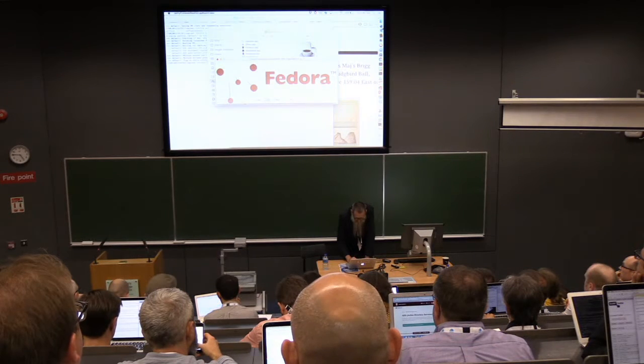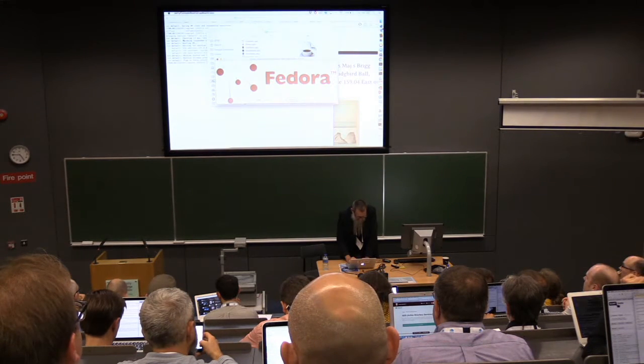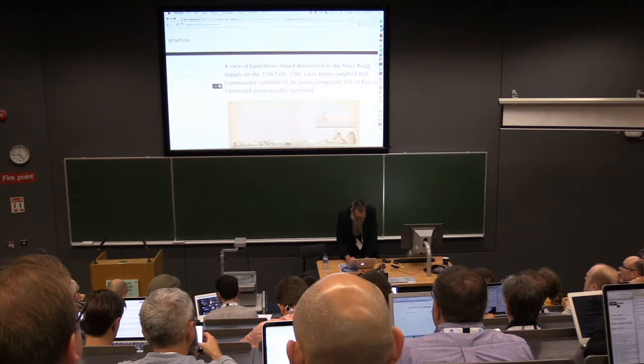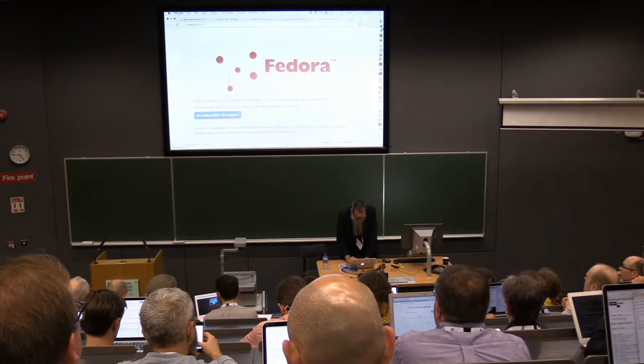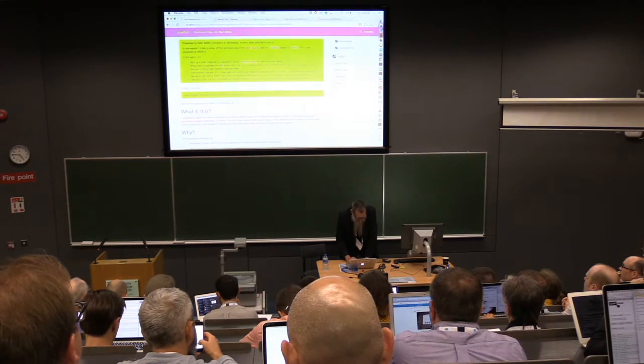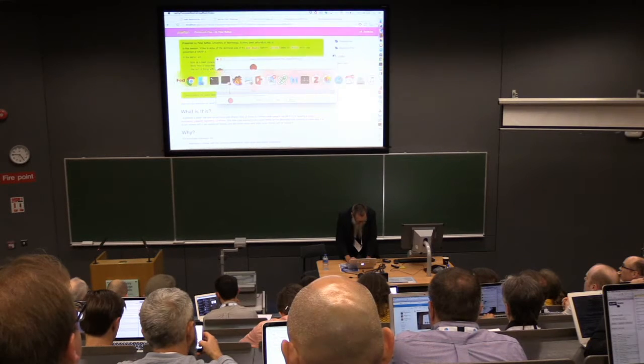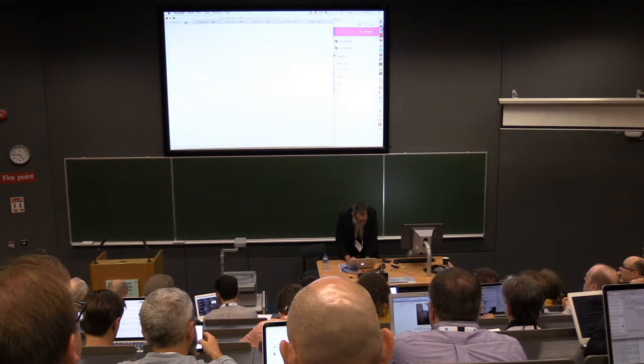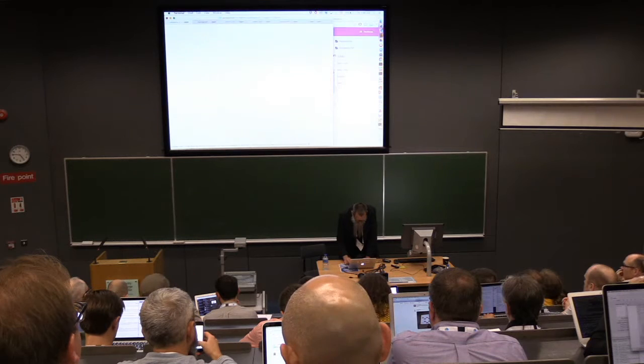I'll run this, started on a port, it's not the same port as the other one. It takes a few seconds to start up. And here we have an empty Fedora repository. Okay, and we have a very similar spreadsheet. This one